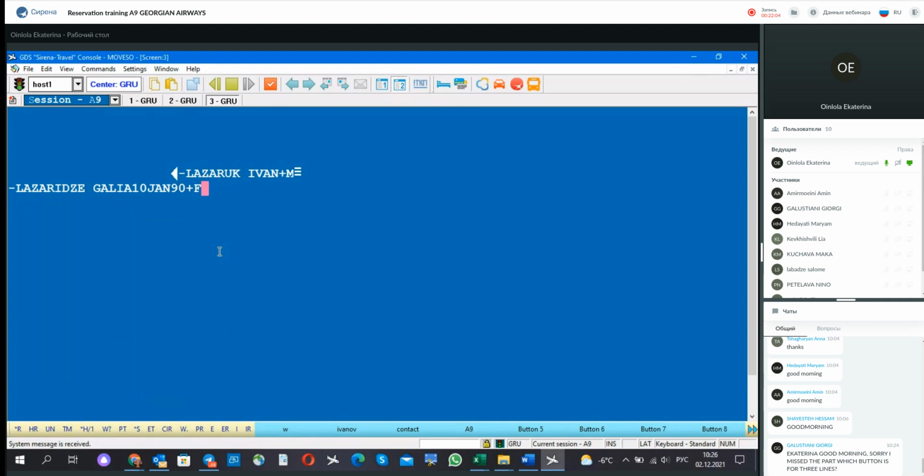Then we should add passenger ID. Passenger ID it will be slash, then country, slash, type of passenger ID, national passport, NP in national passport, then ID number, slash, and expire day of this ID. For example, 12th of December 20. And then let's add